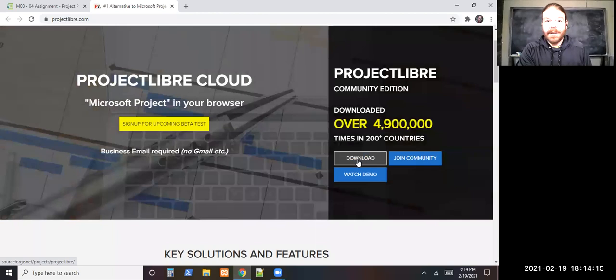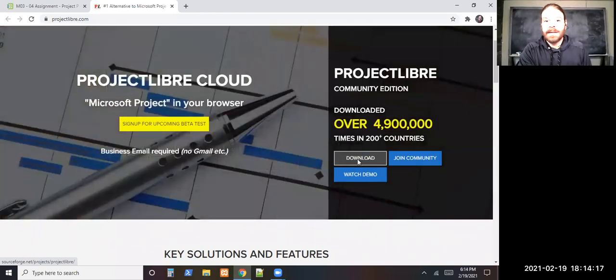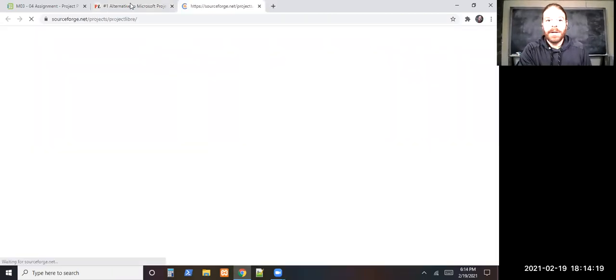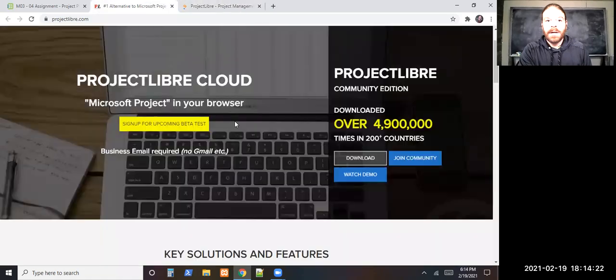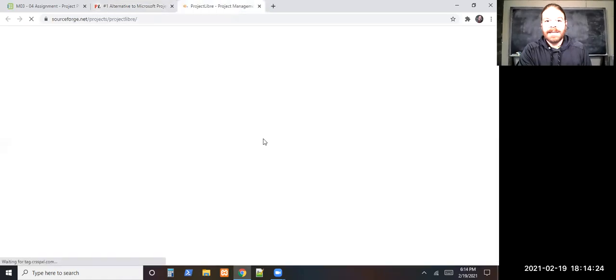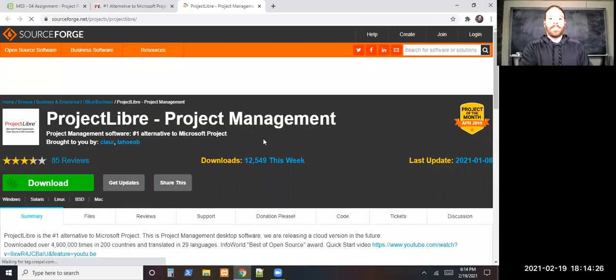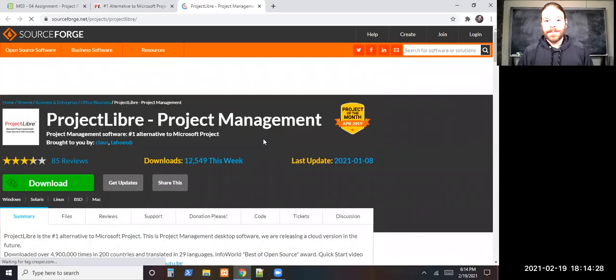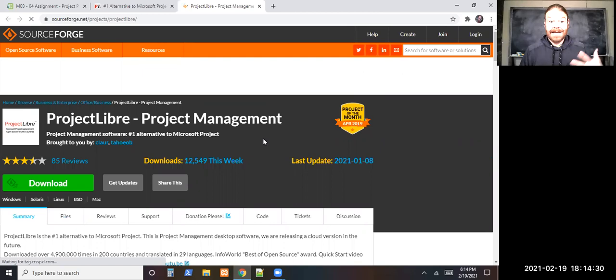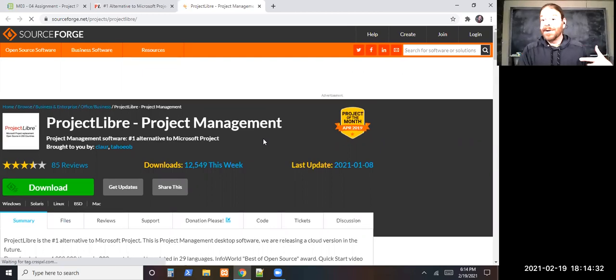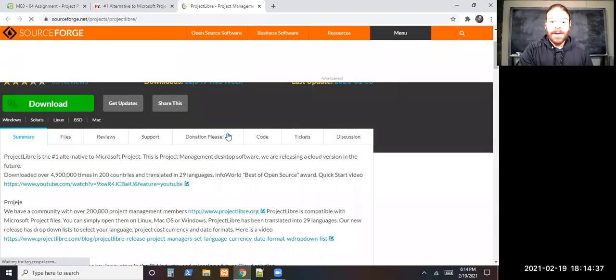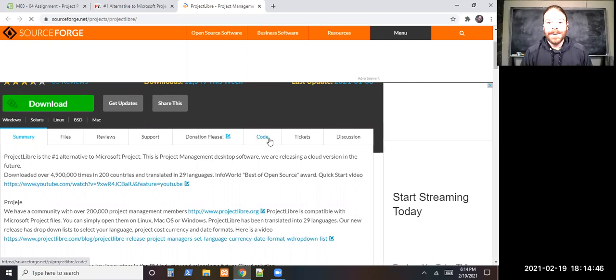One thing I like about it, I have it installed already. I'm going to pull it up and we'll walk through it. It's open source. I'll point at this first. So for the purposes of this class, I got rid of the old version and downloaded the official release today, but it's open source. So that means, if you like this software and want to use it, instead of hitting that download and getting the latest release, you're probably going to click this tab that says code and